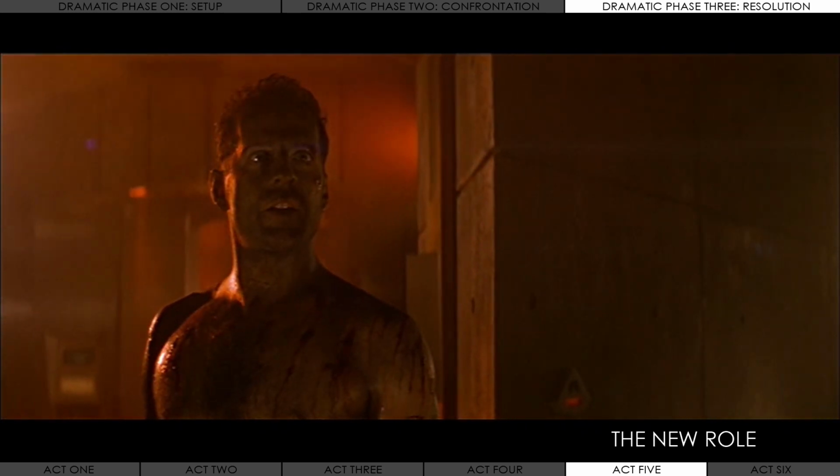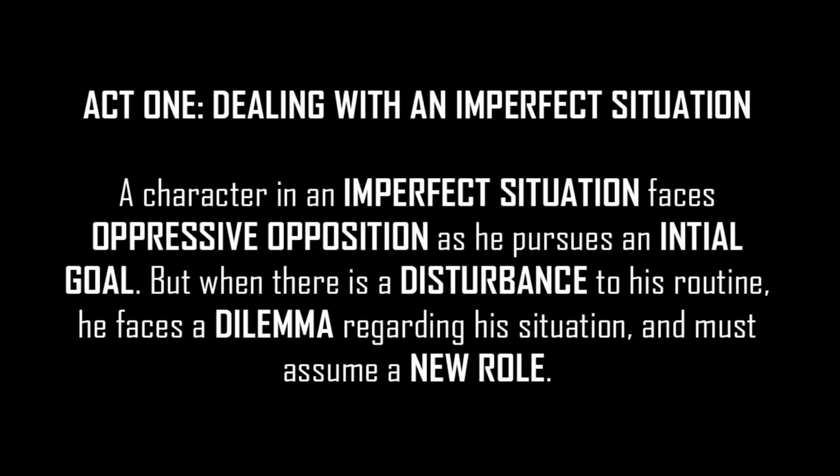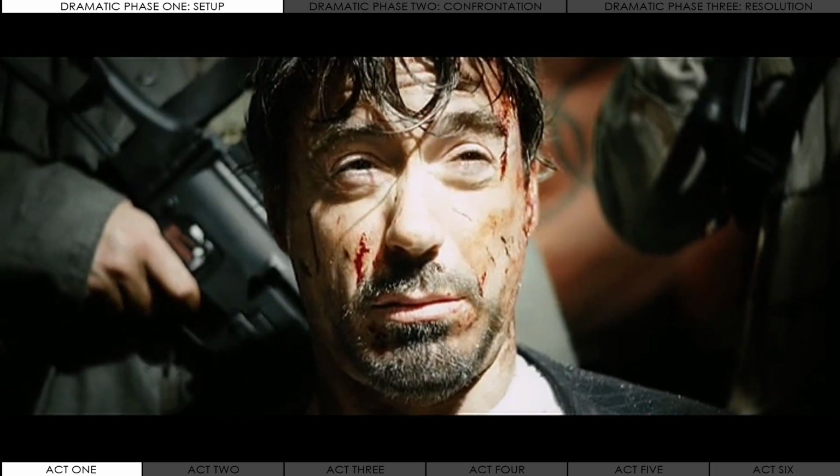So Act 1 can be summarized as: a character in an imperfect situation faces oppressive opposition as he pursues an initial goal. But when there is a disturbance to his routine, he faces a dilemma regarding his situation and must assume a new role. Now let's take a look at how this format can be used to summarize the first act of